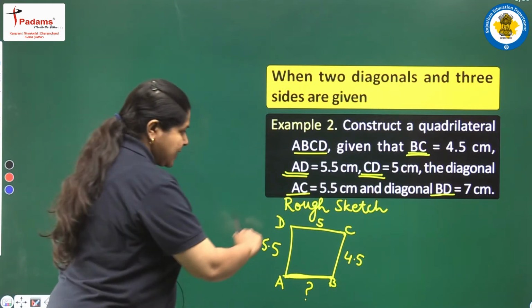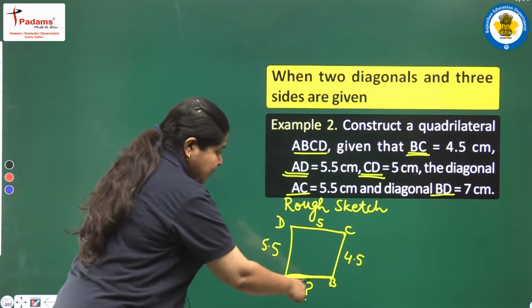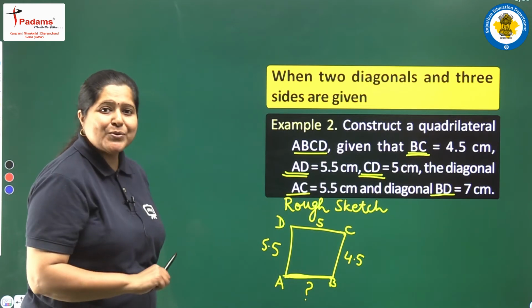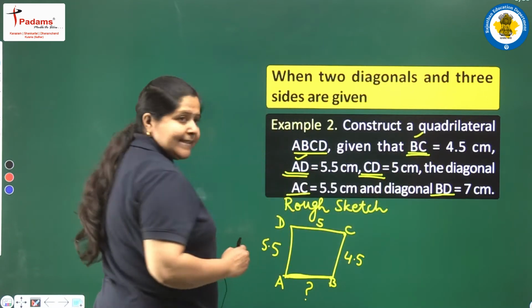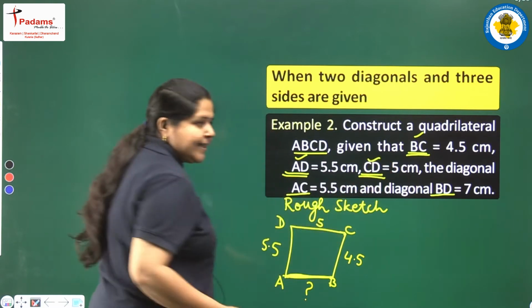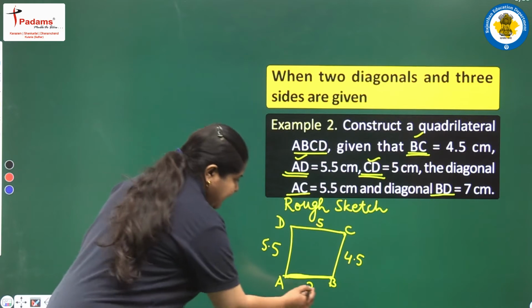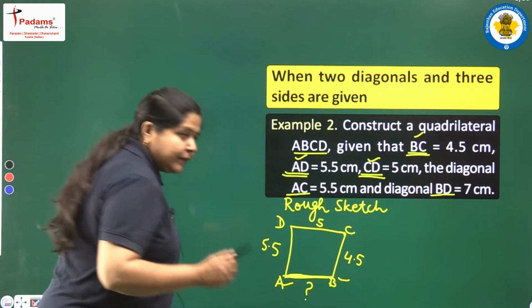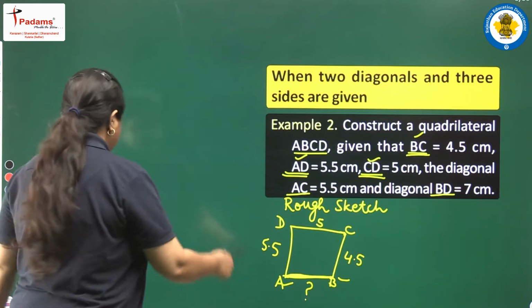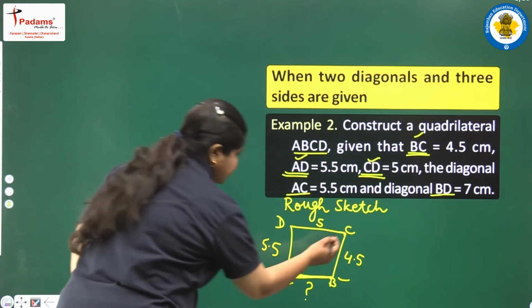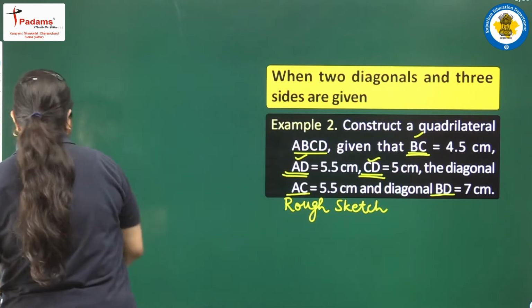So while naming this rough sketch, it is important to take care that we name it with a side which is known to us. It can be taken either as BC, or you can take it as AD, or you can take it as CD because these 3 sides are known to us. But AB is unknown to us, so we will not take this side AB at the bottom. Clear to you? So we erase this rough sketch and we will draw one more in this way.